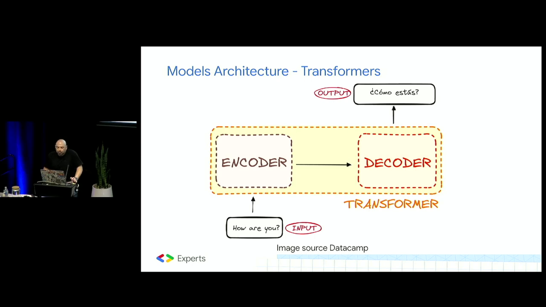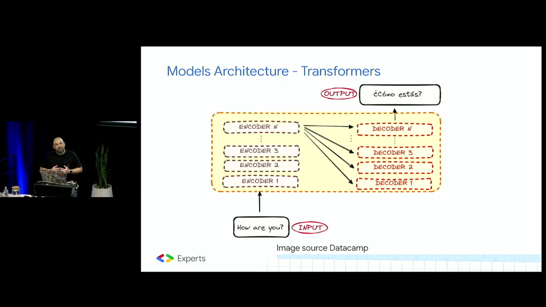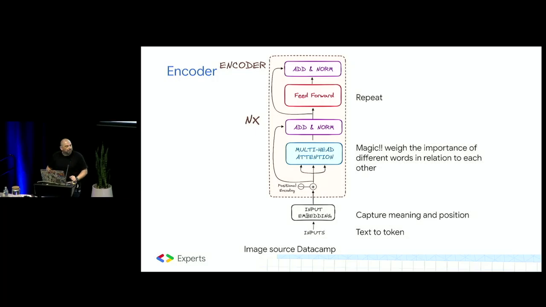If we dive a little bit deeper and take a translation example, within the architecture, the encoder takes the English sentence, "How are you?" and the decoder outputs the translation. But in reality, this actually happens across multiple layers and multiple relationships. So let's get a little bit more technical and try to understand this a little bit more.